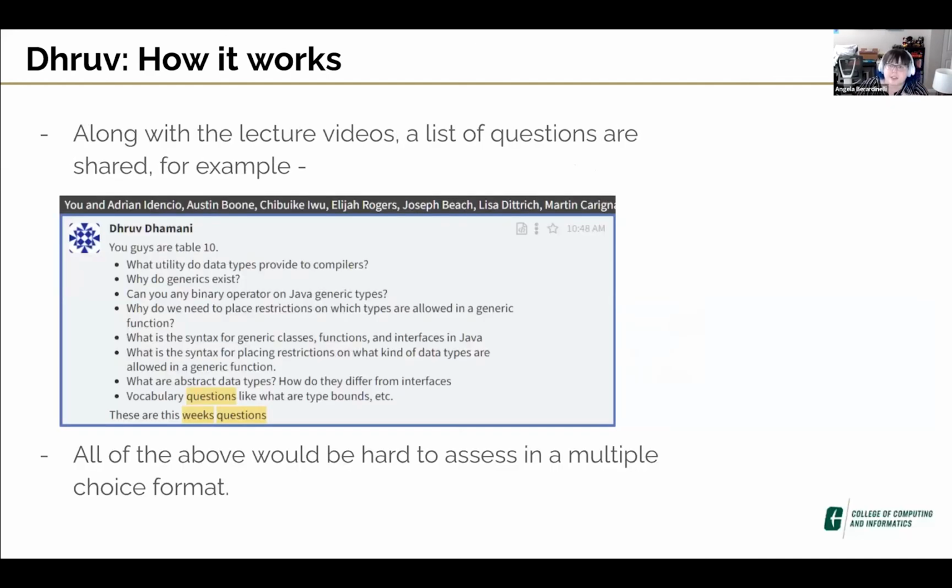And in addition to the lectures, like many of us would with, say, reading guides, you give a list of questions of what you're supposed to get out of this. Here's an example he uses. The types of questions he wants to ask on this content are not really well suited to multiple choice questions. I've seen some really creative instructors do really amazing things with the multiple choice format, but you have to get really creative. These kinds of things are easier as open-ended questions. And so these are the types of questions he used for assessment.